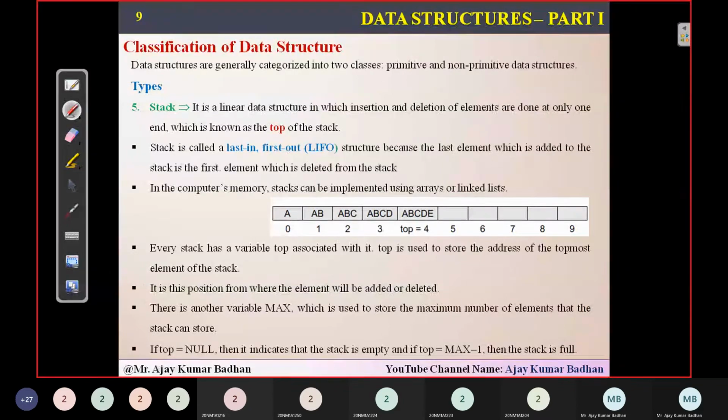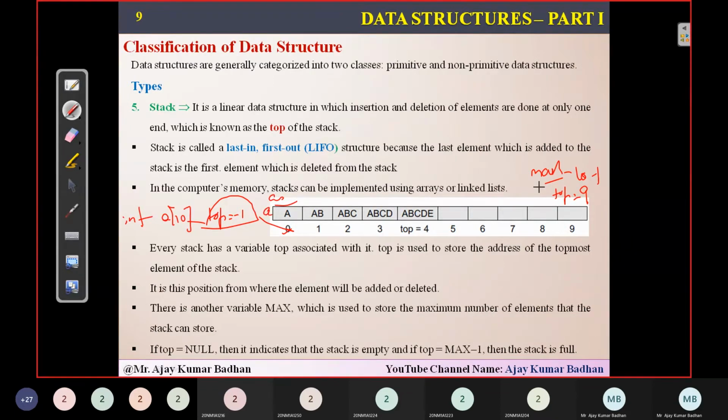You simply have to remember it. How is it simple? From 0 we are going to start. If the top is equal to -1, what do we get before 0? -1. So if top is equal to -1, what can we say? There are no elements present in this particular array or stack, so definitely the stack is empty. And if top is representing 9, 9 means 10 minus 1. 10 is nothing but the maximum. How many elements can I store? Initially I have taken int a of 10. So this is an array A, and in these 10 elements I can store. So 10 minus 1 is 9.